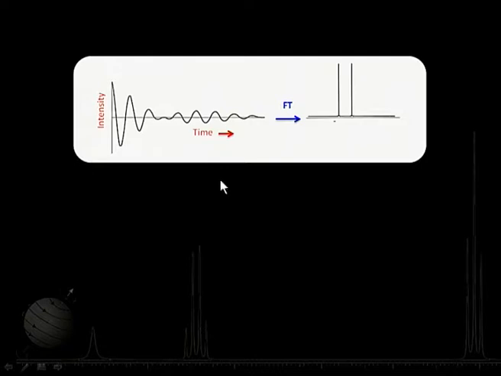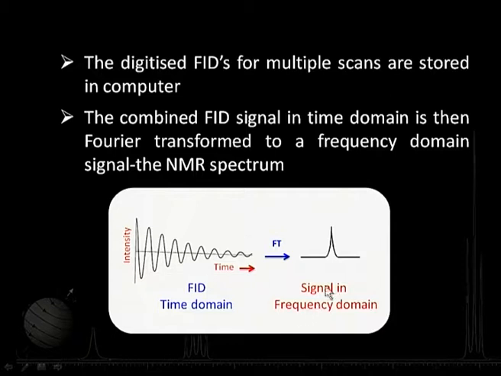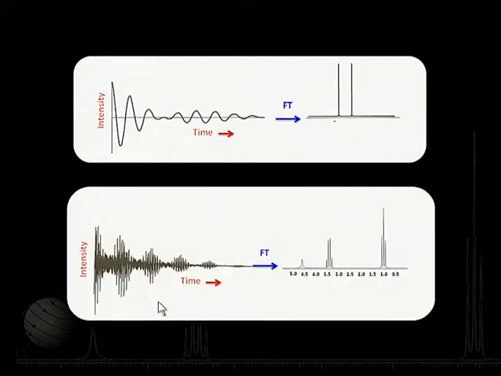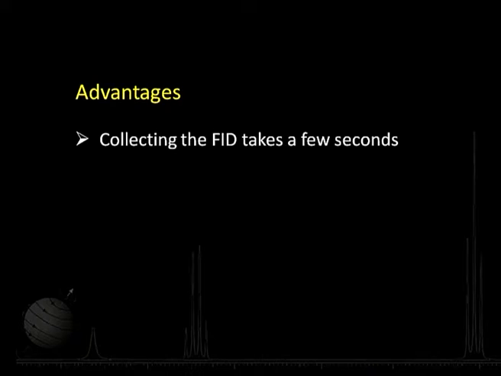I just showed you one. This is another kind of FID, because the previous FID I showed you corresponds to a given signal only. Say we have a 2 line signal there, I have a different kind of FID, or maybe you can have a very complicated FID. When it gets Fourier transformed, it becomes a nice spectrum. So, all molecules will have their own kind of FIDs depending on the kind of signals contained in the spectrum. Now, let us see what are the advantages of using FT-NMR. They are as follows. As we just mentioned, collecting an FID or making one scan takes a few seconds.